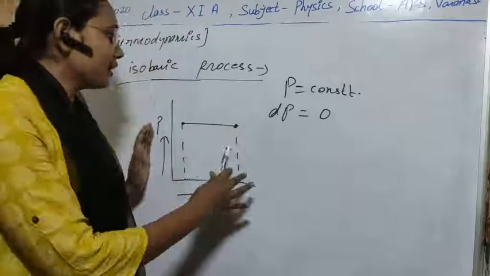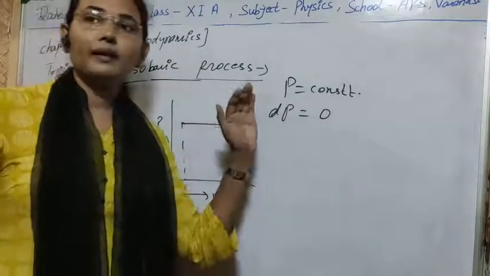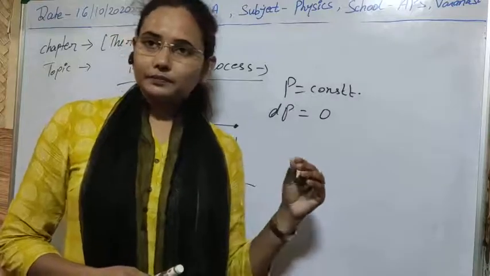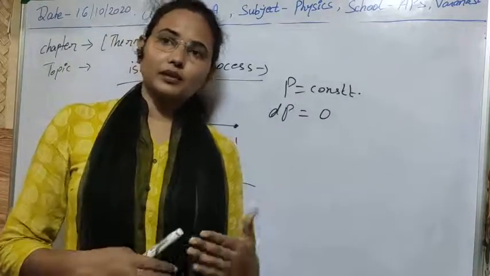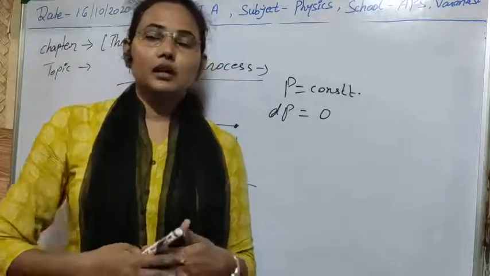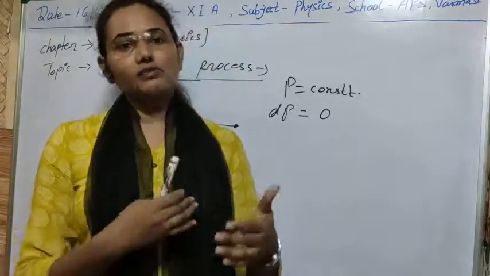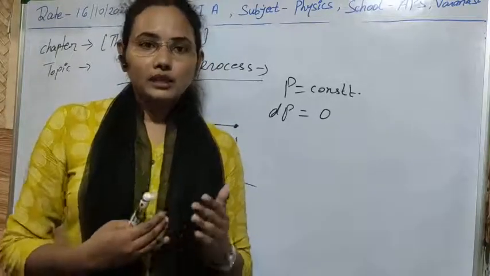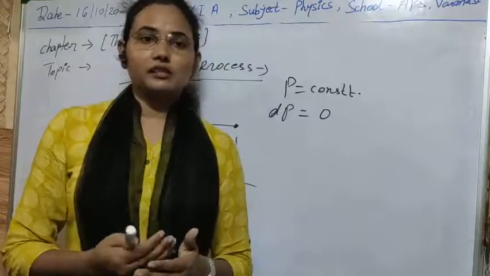In the case of the isobaric process, if pressure is constant, then the heat will be used to increase its temperature, and due to the increment in temperature, heat can be transferred to the system, internal energy will change, and the gas will be expanded or compressed according to the change in temperature or variation of heat.